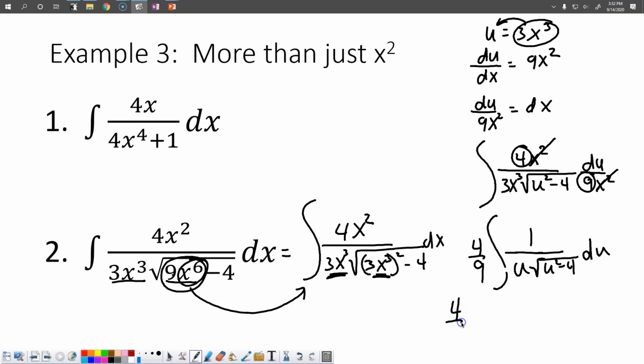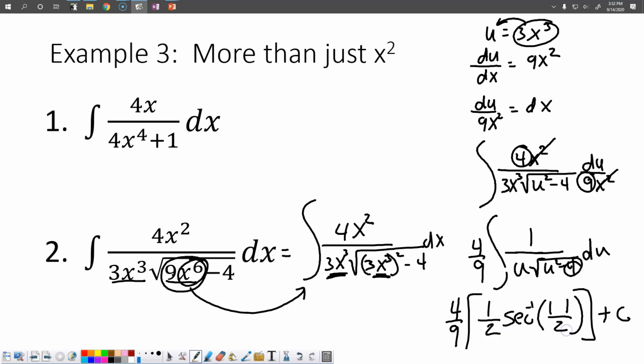So it's going to be 4/9 times 1 over a, arc secant of the absolute value of u over a, and then plus c. So my a is the square root of 4, which is 2, and the square root of u squared is u. And then we can go ahead and simplify this a little bit. The 2 here goes into the 4 twice. So now I have 2 over 9 arc secant of the absolute value of u